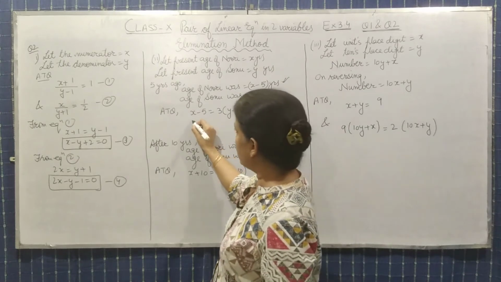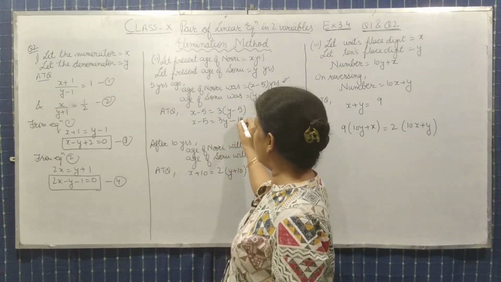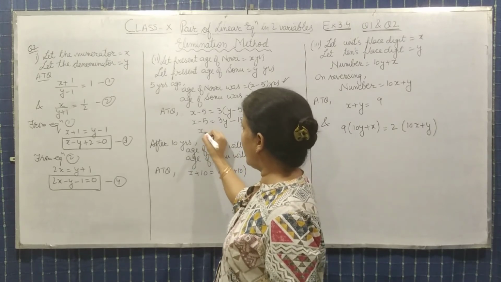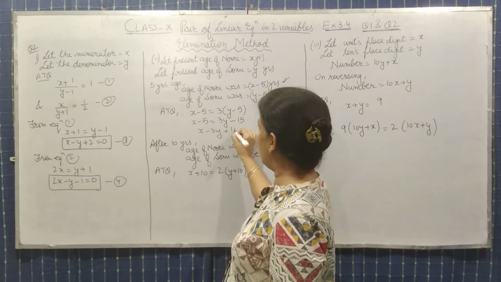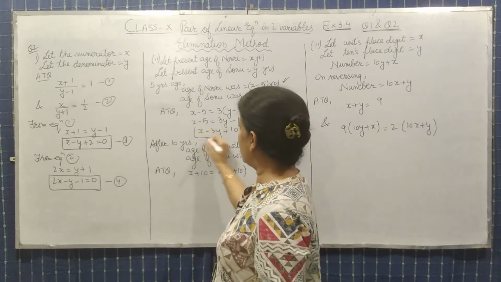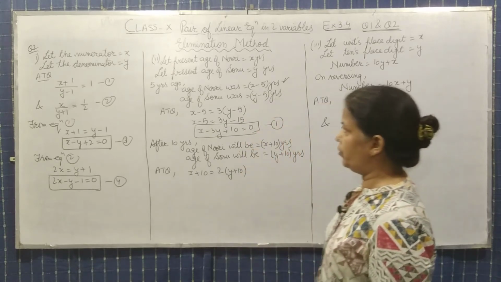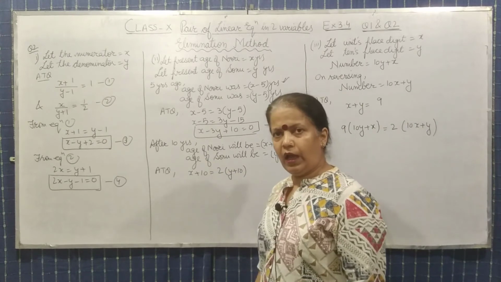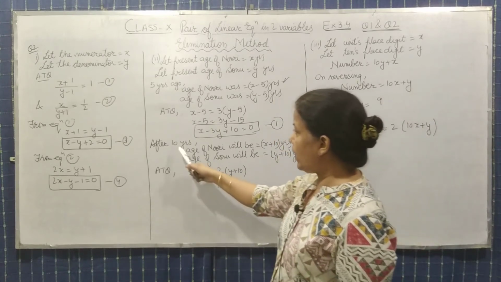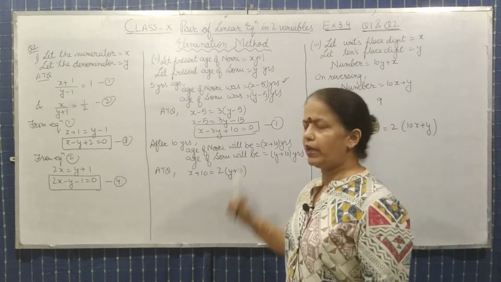अब इसको हम further solve करते हैं. Multiply it. You will get this. Now try to make it in the linear equation. Shift it here. Plus 10 equals 0. So this is the first equation. First equation you will get it. Clear? Now further they are telling that after 10 years Noori will be 2 times the age of Sonu.